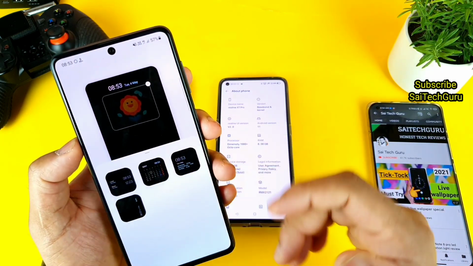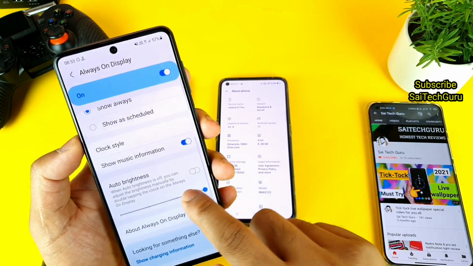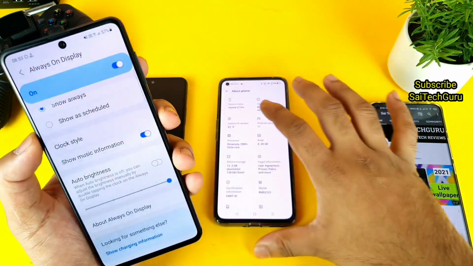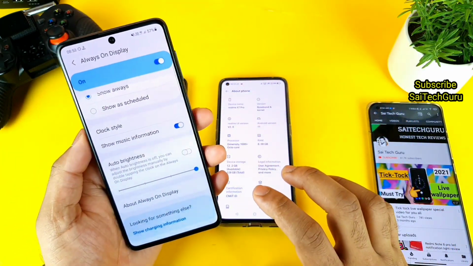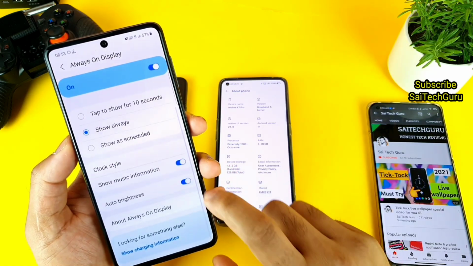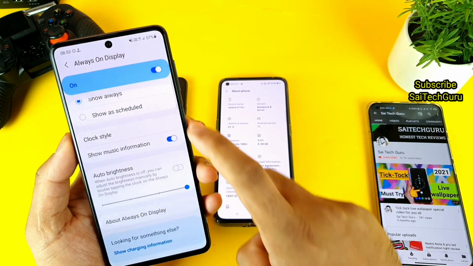Usually I prefer the calendar sometimes as well. That's a very good advantage here. And third is controlling the brightness. This kind of brightness option is not there in any other UI, so that's another good advantage in this Samsung's One UI 3.0, which has a brightness control, and you can even choose the auto brightness as well. So that's a very good feature in this phone.